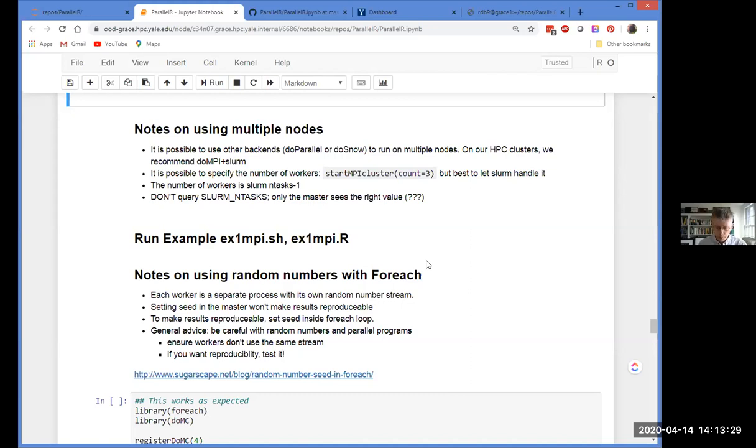It's a little bit surprising. So when you do MC and say do MC 8, as we did initially, you're going to have 8 workers, and if you run a parallel foreach, you're going to have 8 jobs running at the same time. With doMPI